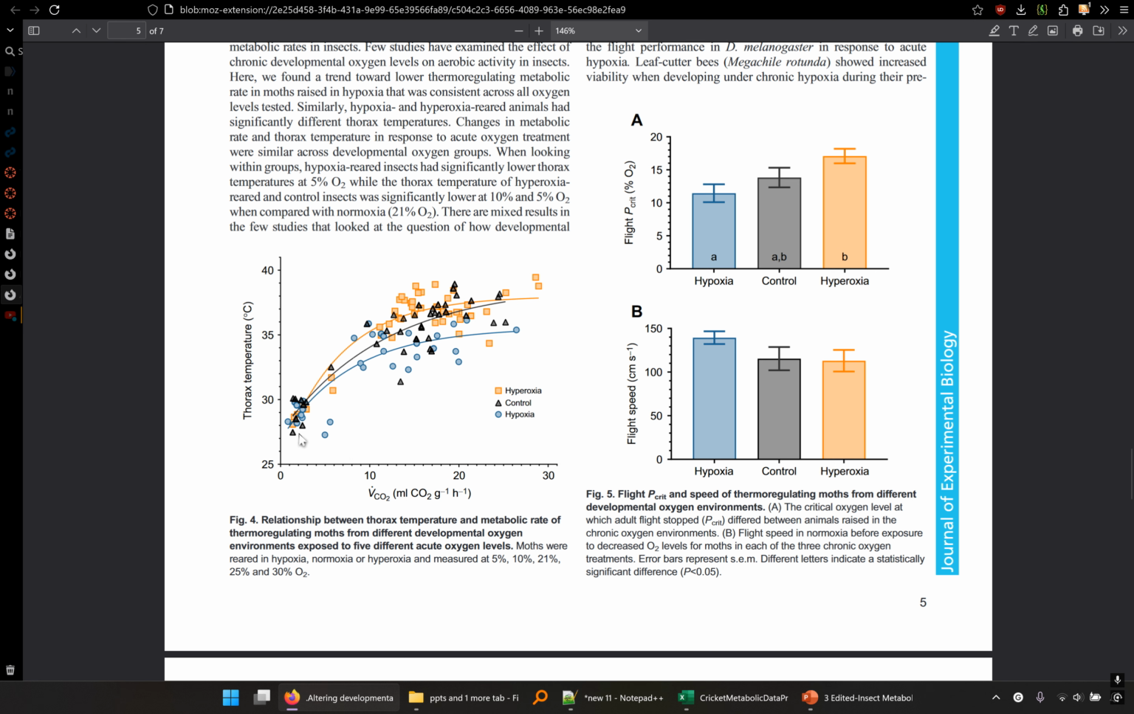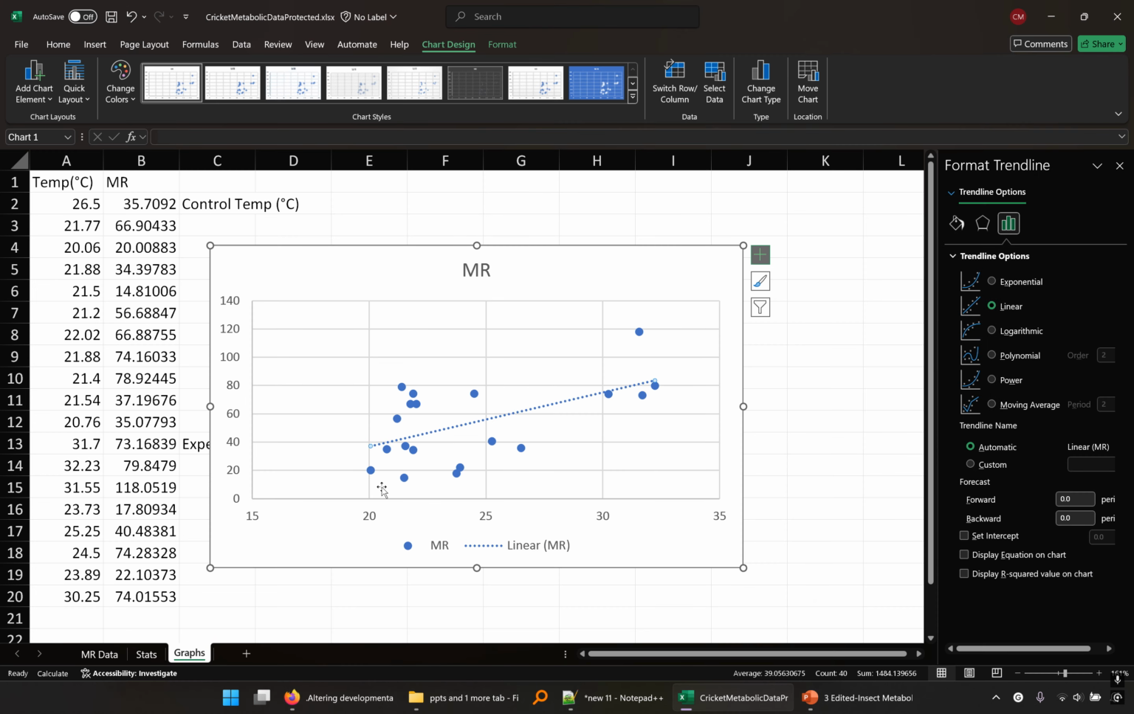So as they increase the amount of energy that they're burning, their thorax temperature increases. What we're looking at is the change in temperature of a poikilotherm. So as the change in temperature occurs, its metabolic rate is going to steadily increase. So in that case, we would be using either a power or an exponential. Power, we wouldn't actually